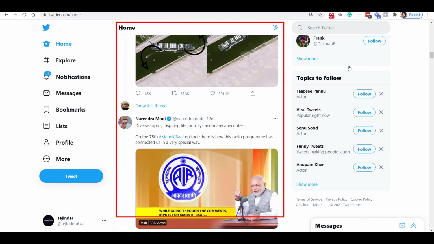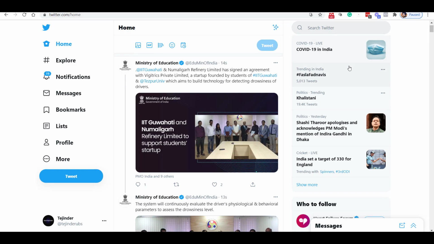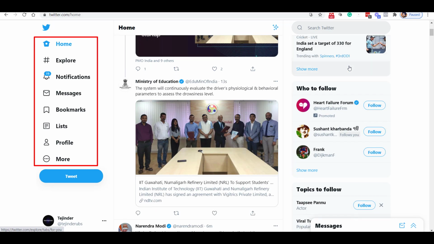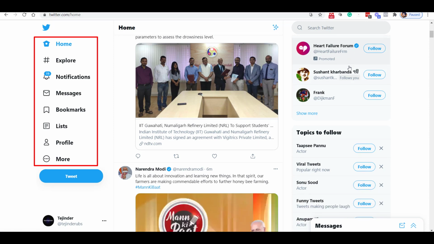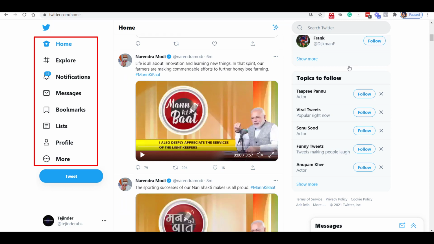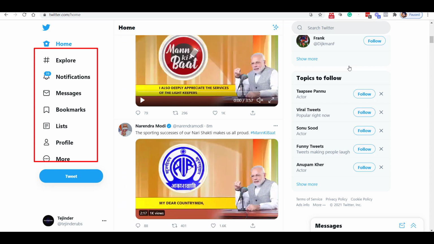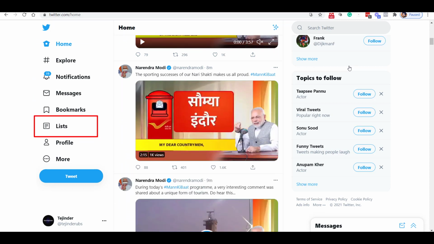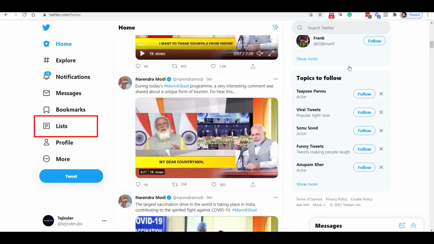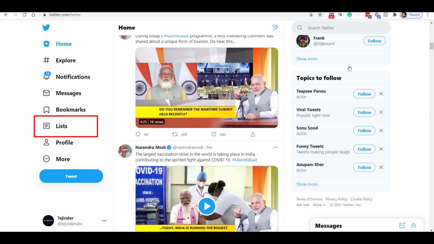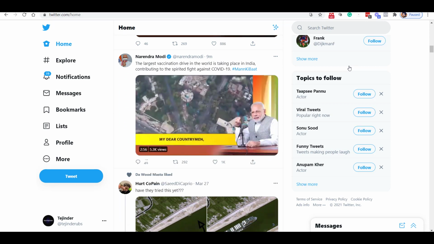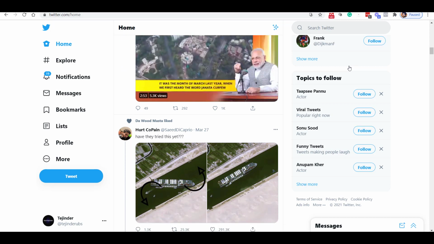That way the tweets from my competitors may get lost somewhere in the large number of tweets appearing in the timeline. What I want is one tab, and whenever I click on that tab, only the tweets from those people whom I have specifically added to that tab appear. That tab is called the list. In a list, you can add any competitor, and whenever you click on this list, you will only see the tweets from those competitors or brands.